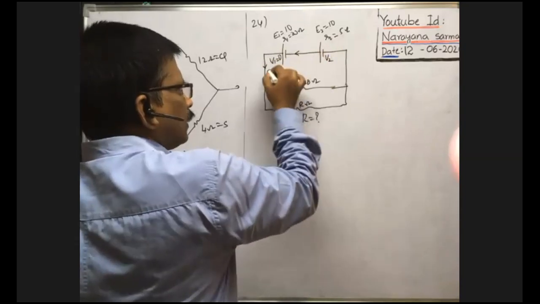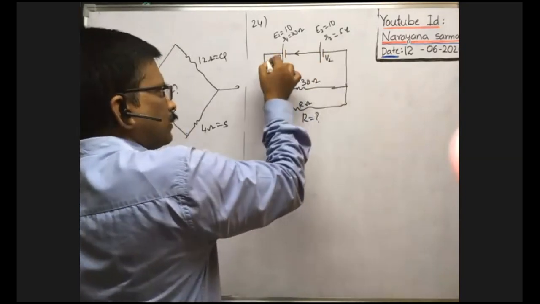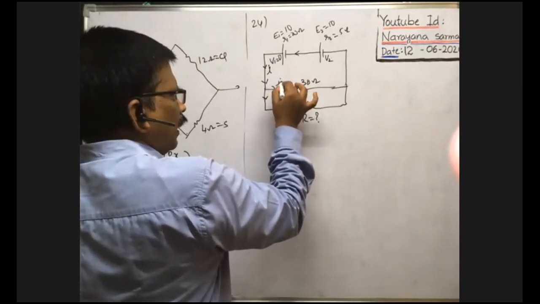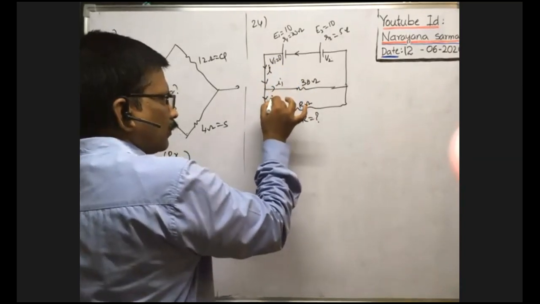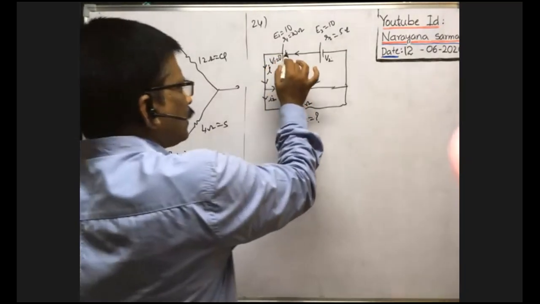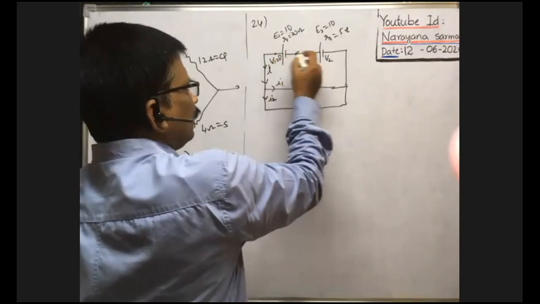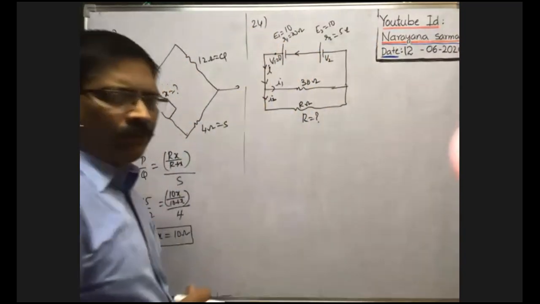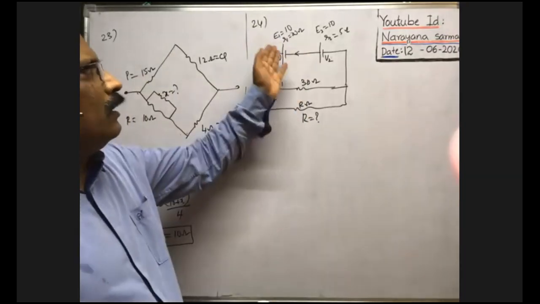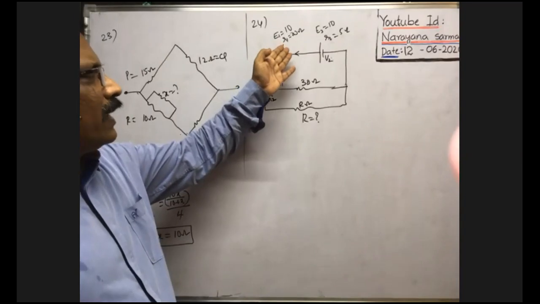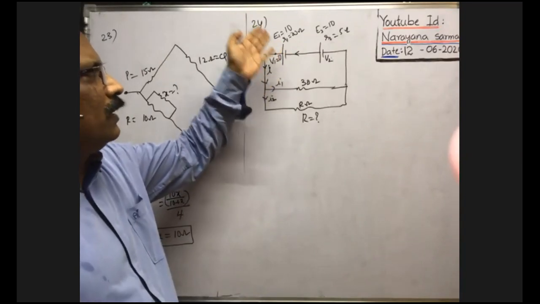As both cells are in series, the same current I will pass through the two cells. This current I, when it reaches the junction, divides into two parts, I1 and I2. Now, what is the terminal voltage? Here current is flowing in this direction, so is the cell charging or discharging? Current is flowing from low potential to high potential. That means if the current is flowing from low to high potential, the cell is discharging.